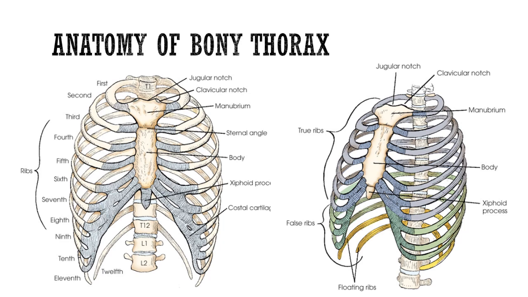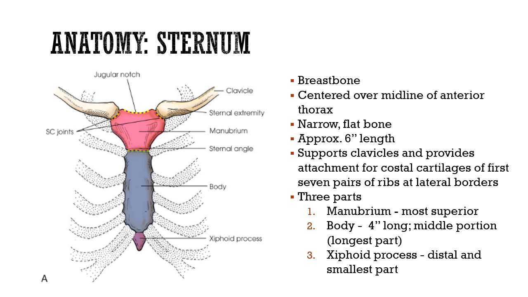This is a picture of the bony thorax showing the sternum, the ribs, and the thoracic vertebra. The sternum is also called the breastbone. It is centered over the midline of the anterior thorax, so it's the most anterior aspect of the thorax. It's a narrow, flat bone, approximately 6 inches in length. It supports the clavicle and provides attachment for the costal cartilages of the first 7 pairs of ribs at the